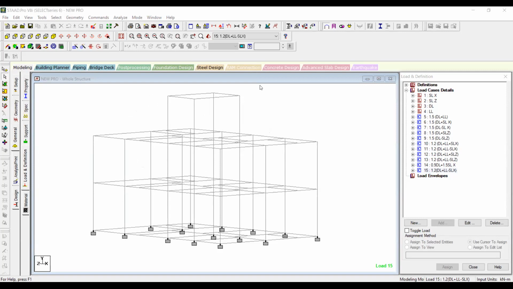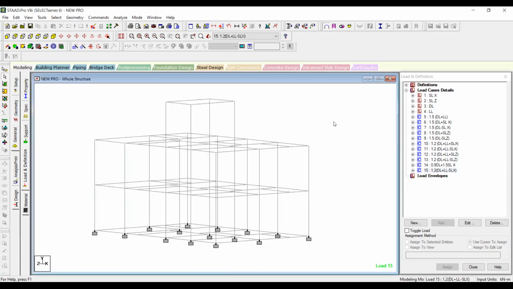So your problem has been solved, I think, Surendra. Sir, one doubt. Sure. Here we added the seismic load case details only in positive X and Z. Yeah, first and second one. So there we can add the negative ones. Sure, you can add.